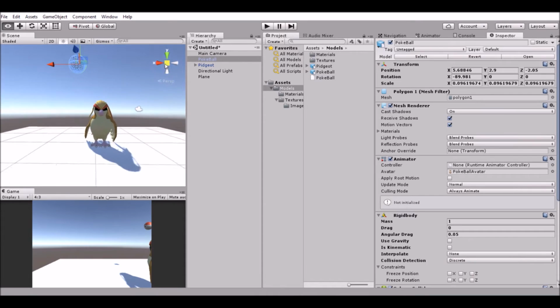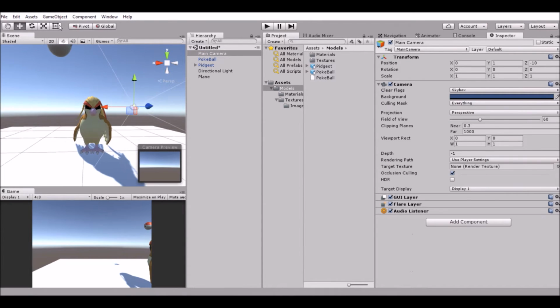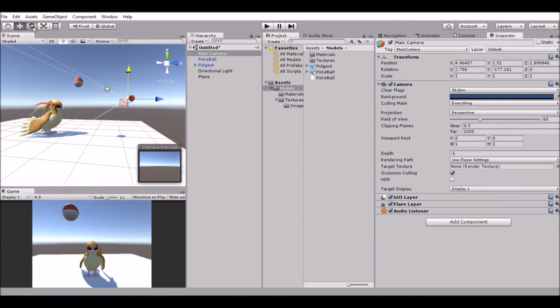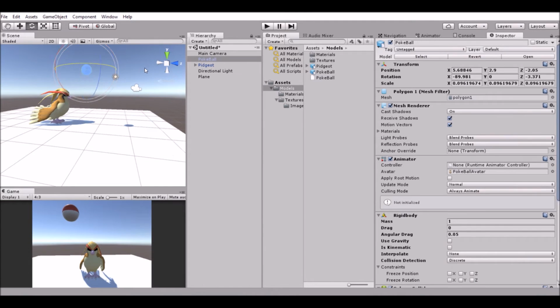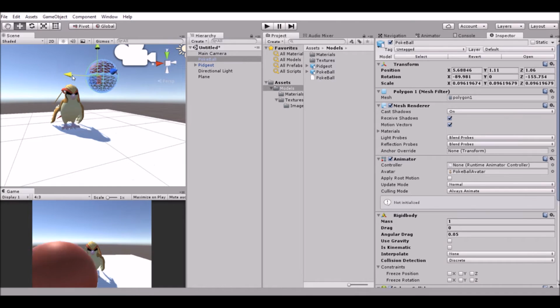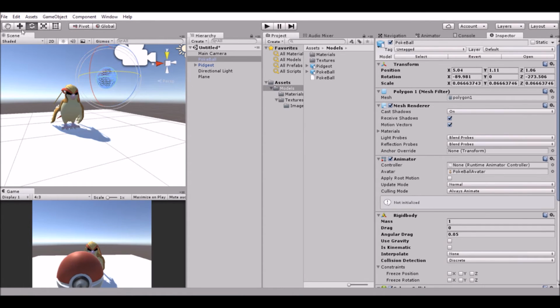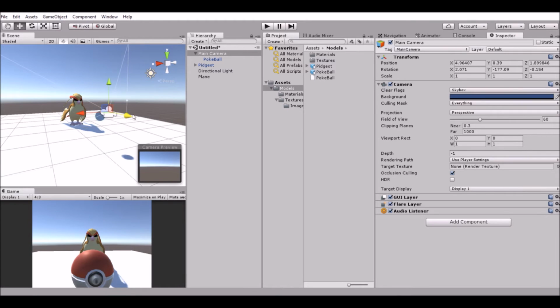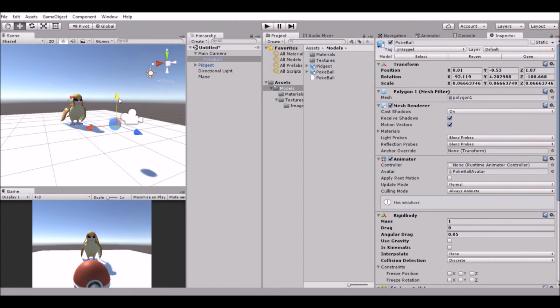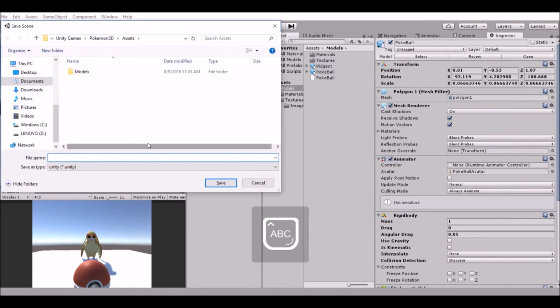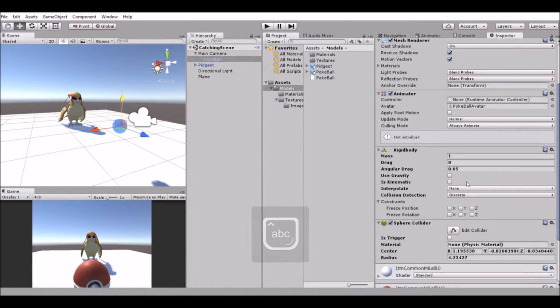And then take the camera and position it right in front of the Pidgeot. Okay, now that that is done, we can go ahead and